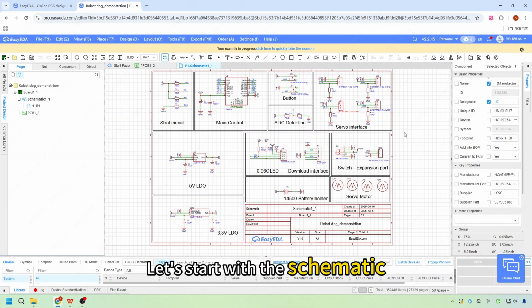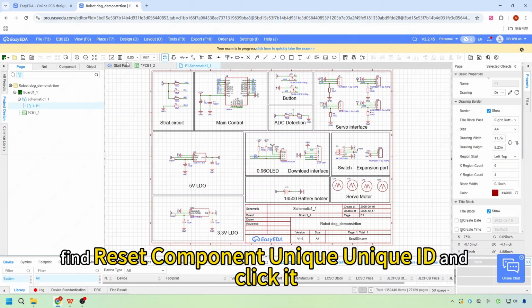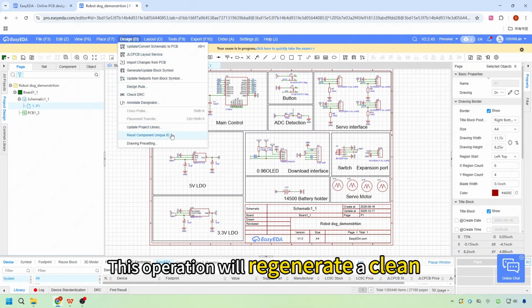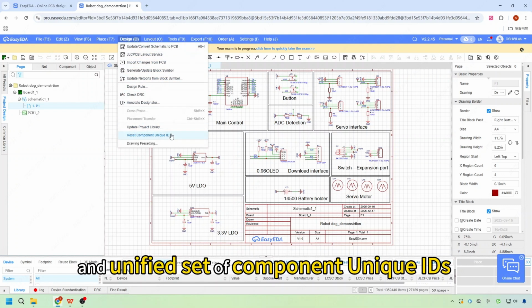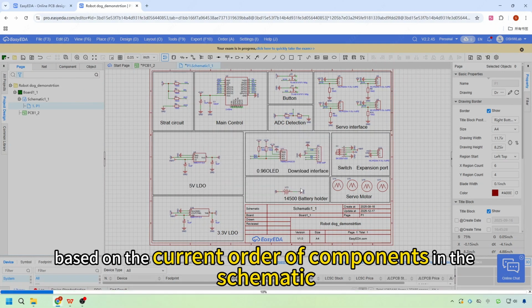Let's start with the schematic. In the schematic editor, go to the top menu and click Design. In the drop-down menu, find Reset Component Unique ID and click it. This option will regenerate a clean and unified set of component unique IDs based on the current order of components in